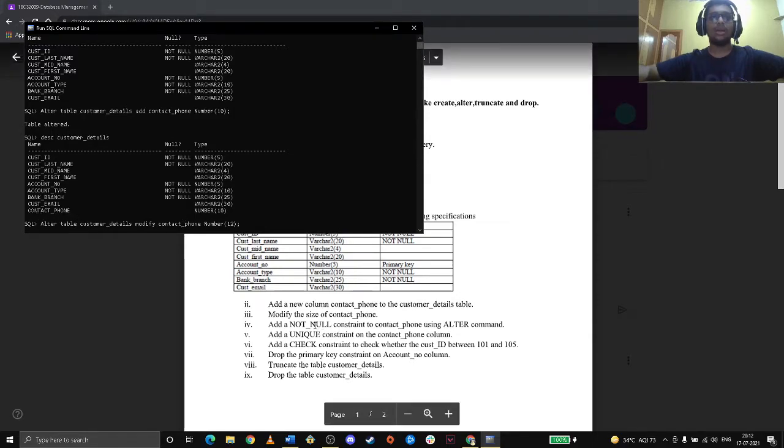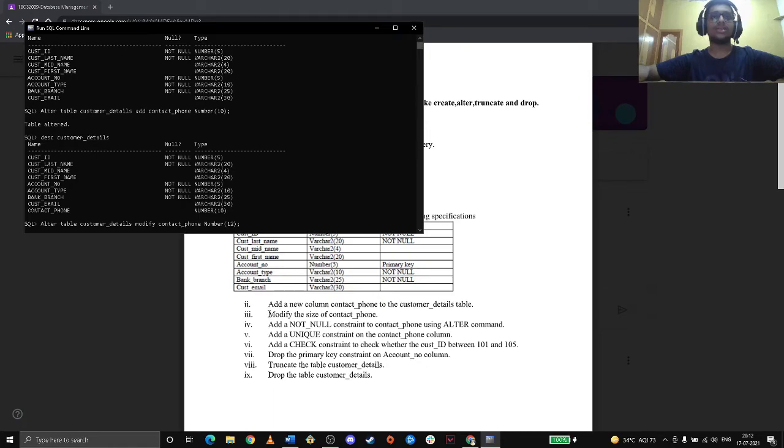Now our third question says modify the size of contact phone. So now you can see our contact phone has a number data type as 10. If you are living in India, and you need to give 91 as a country code, you have to change this 10 to 12. So how to change it?